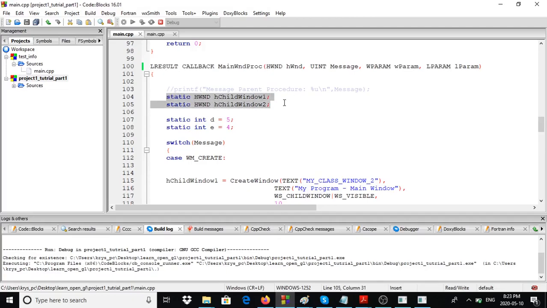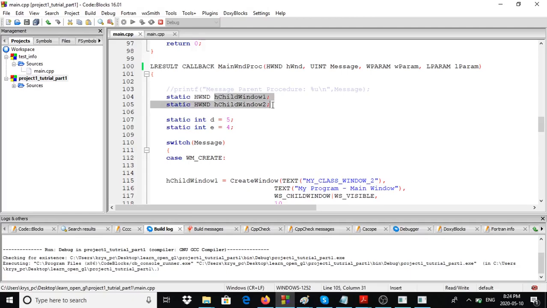What static variables do for us is that the system will retain the value of those variables for the duration of the program. It will not just retain the value for the duration of the window procedure, but for the whole length of the program. As long as our program is running, the values of those variables will not change